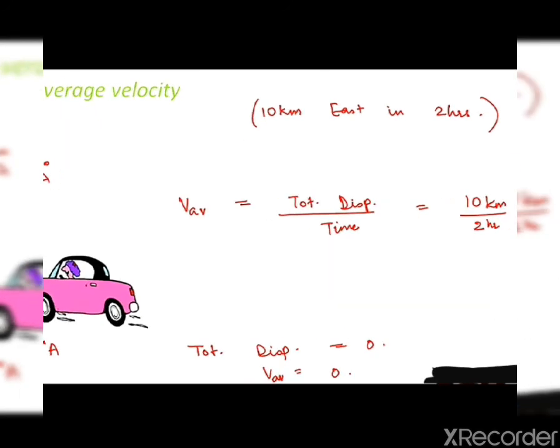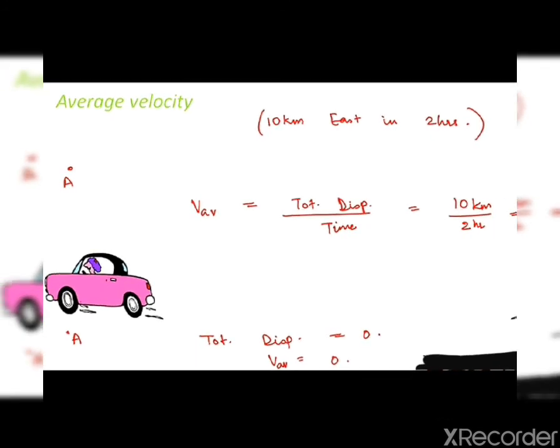Okay. Now I hope you understood why we have these average and instantaneous terms separately for speed and velocity. Because speed and velocity keep changing in case of non-uniform motion. And most of the motion which we see around us is non-uniform motion. Depending upon the situation, your speed and velocity keep on changing. That's where you have two different terms, average and instantaneous.